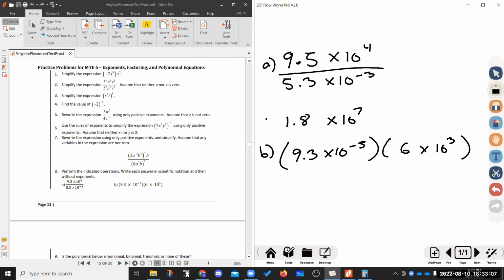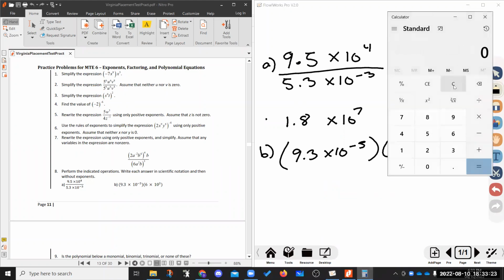I'm going to look at the 6 like it's an exact measurement here, and it's infinitely precise, that was not rounded. So I'm going to use two significant figures in my answer here. So when I take 9.3 times 6, I get